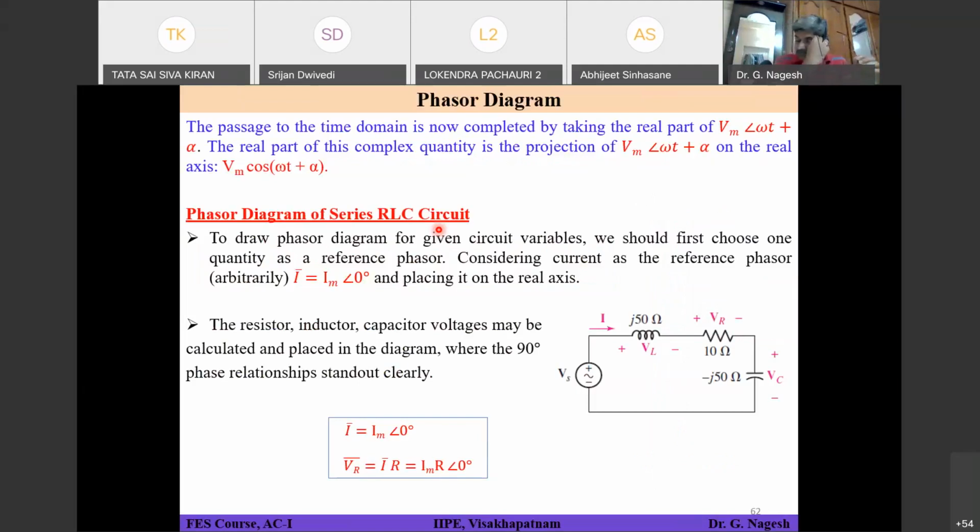Okay. So it's a very good question. When you go to the problem, you will understand that. Since you have the inductive reactance here and the capacitive reactance here are same in the present scenario, the expected voltage across the inductor, let's say some X value is there, the expected voltage across the capacitor will be minus X. So they both are going to oppose each other, as you can observe from the phasor diagram also.